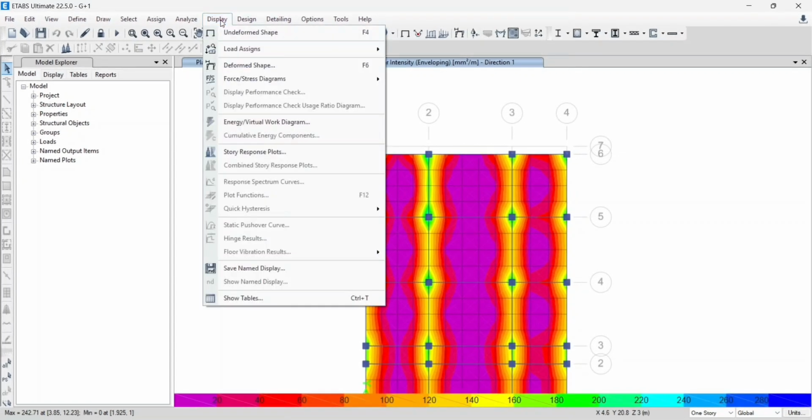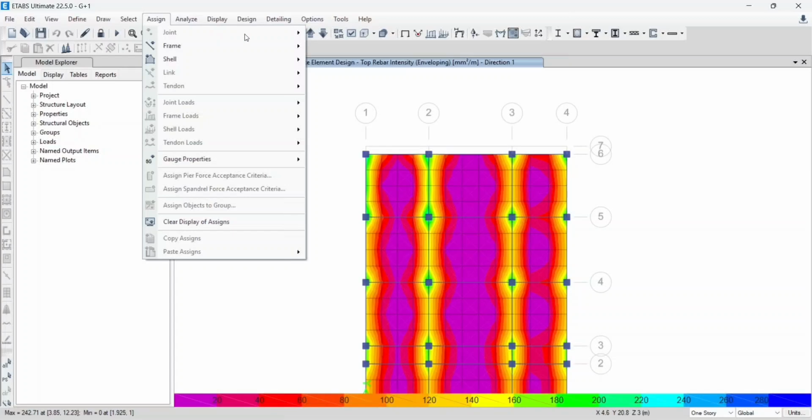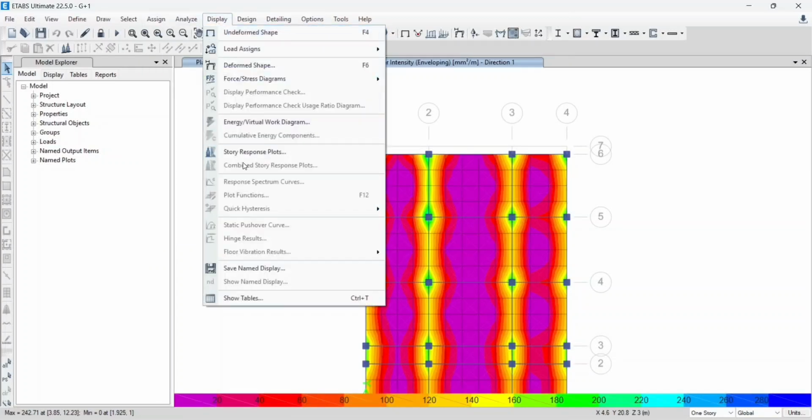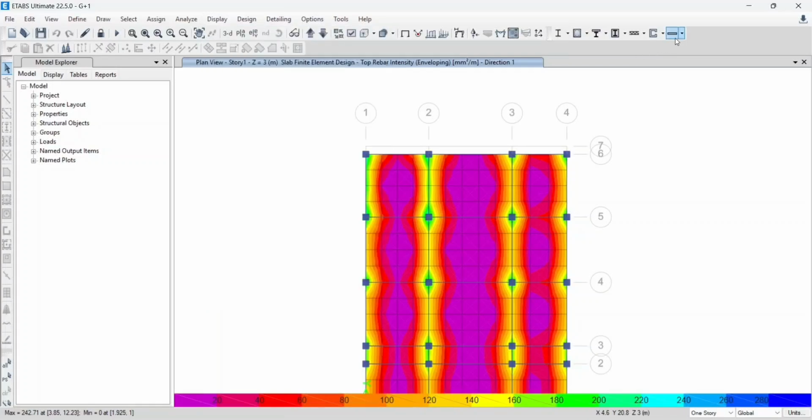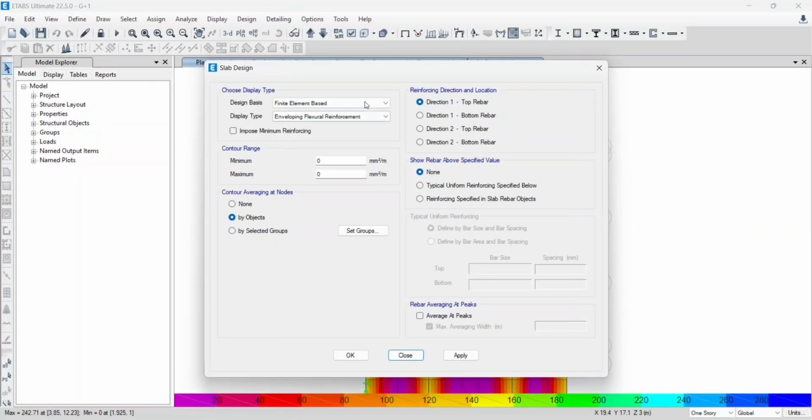For that you will have to go to display option. You just have to select, from concrete slab design, display flexural design. Click on display flexural design.